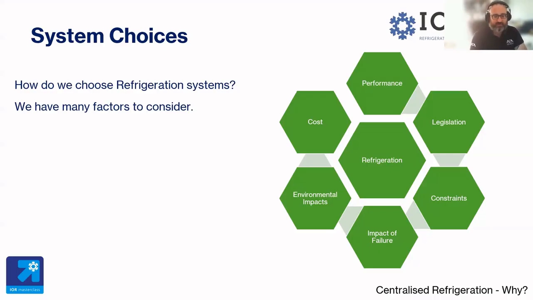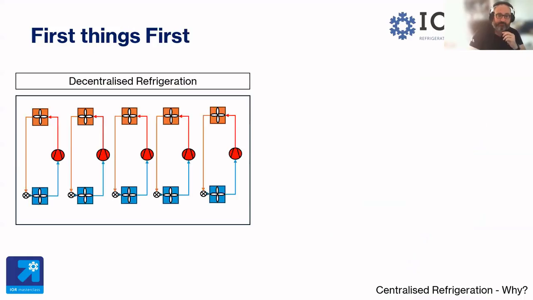And then we have things like the constraints. We have spatial constraints, internal, external, lifts, louvers. We have noise constraints. And we have hazard constraints, working at heights, flammability, toxicity, pressurized pipework, exposure and access. And all these factors and more, including personal preference, familiarity, and conscious bias, influence these selections. But what we're going to do here is, again, focus on costs, environmental impacts, and impacts of failure.